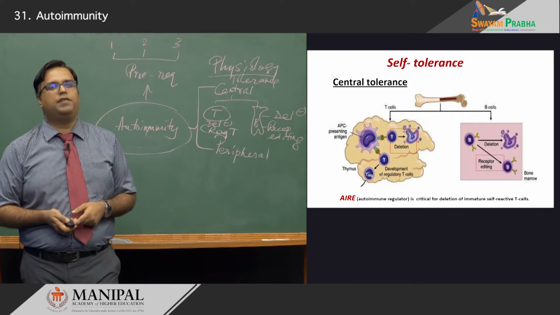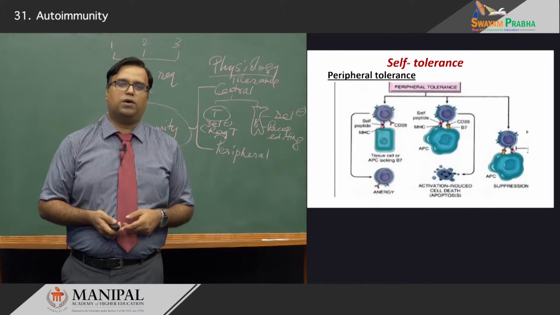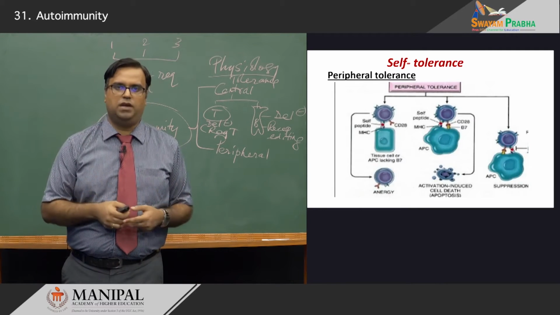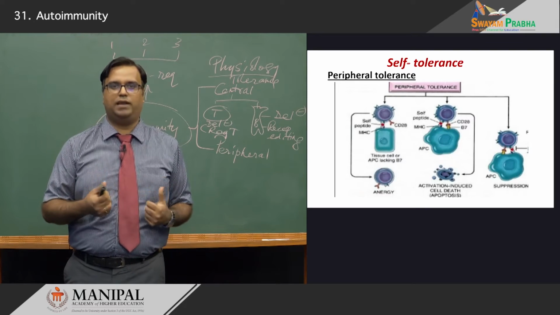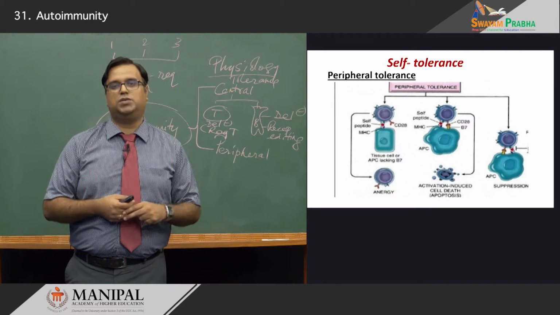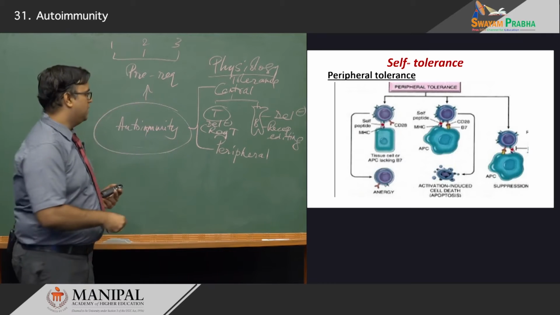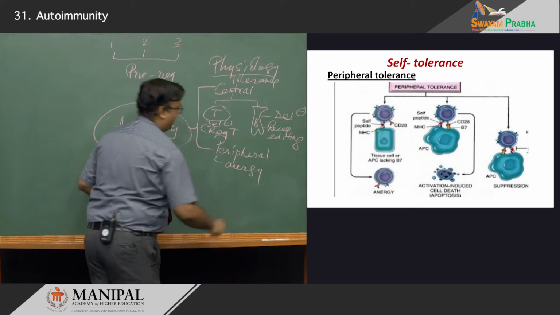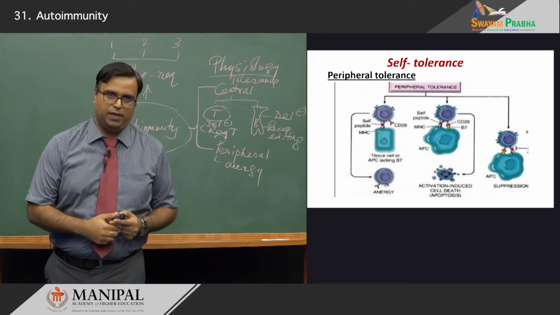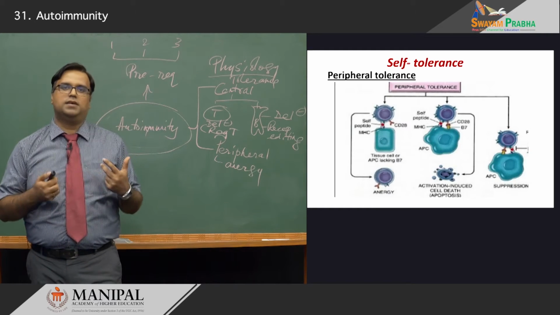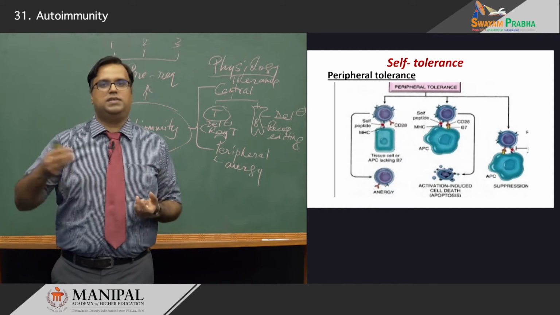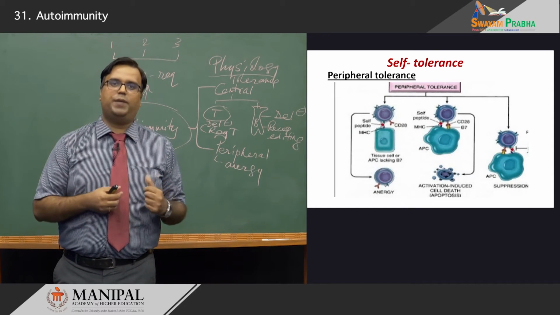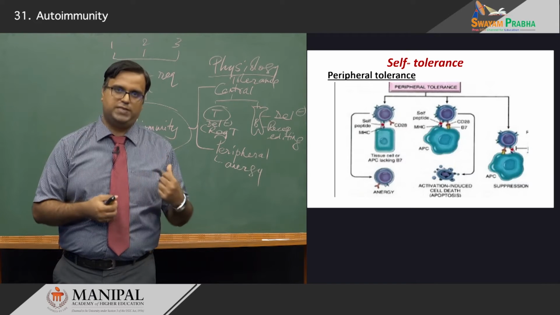Now, what is peripheral tolerance? Peripheral tolerance occurs at the level of tissues, where some of the cells in the central tolerance would have entirely escaped. Now, what should happen to them? You always have a check and balance which happens at the peripheral tissues also. An important mechanism is called anergy. It is not energy, but anergy with the A. Now, what is anergy? Once the antigen encounters the lymphocyte, that lymphocyte is rendered functionally inactive. This is an important mechanism in the context of T cells, which we have studied earlier.